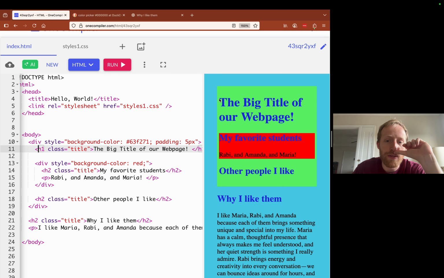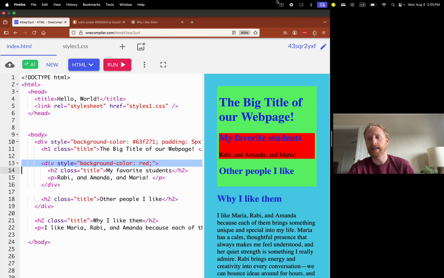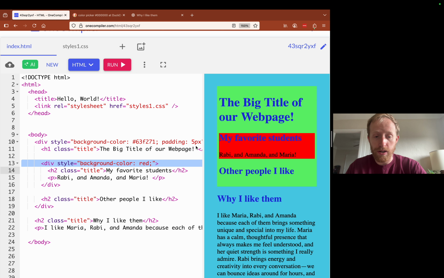You can see now it doesn't start all the way to the left here, and in the same way, this red box doesn't start all the way to the left here. So now we've padded this green box, and now you can almost see more clearly that there is literally a box inside of this green box. Yeah. So, okay, sounds good. Are there any questions before I move on to something else?